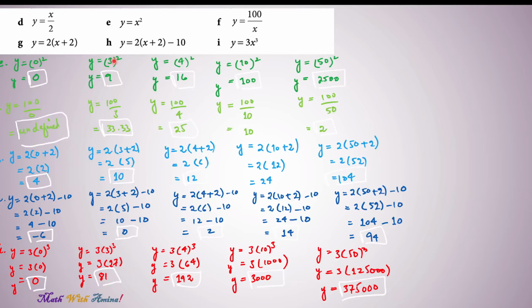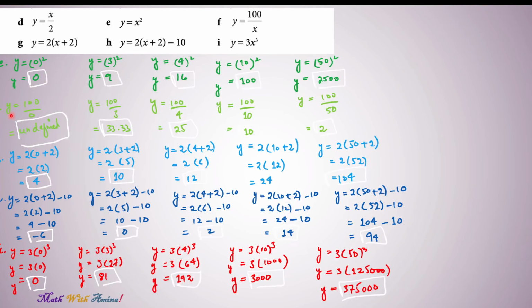When x is 3, 3 square, so 3 multiplied by 3 is equal to 9. The value of y is 9 when x is 3. 4 square, 4 multiplied by 4 is equal to 16. So y is equal to 16. 10 multiplied by 10 is equal to 100. So y is equal to 100. 50 multiplied by 50 is equal to 2500. So the value of y is